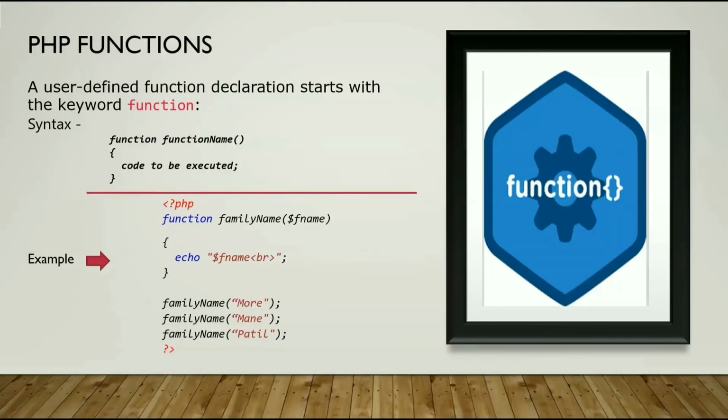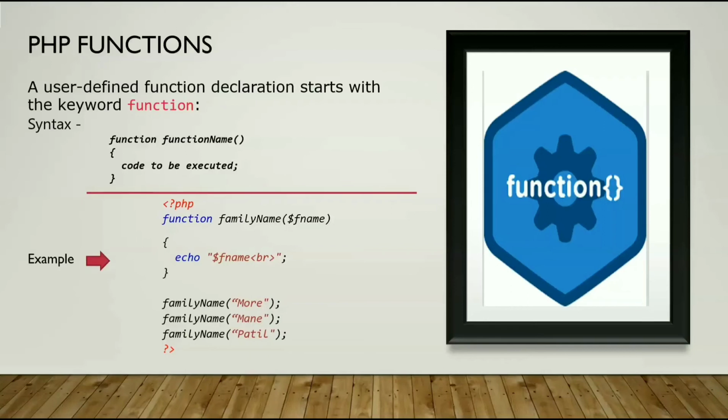After control structures, we can have the function declaration. In PHP, every function starts with the function keyword, then the function name, then the arguments we can pass, and in curly brackets we write the code. An example of this is function familyName. In brackets we pass one variable, $fname, and we print that name, and we call the function by using familyName and the value.